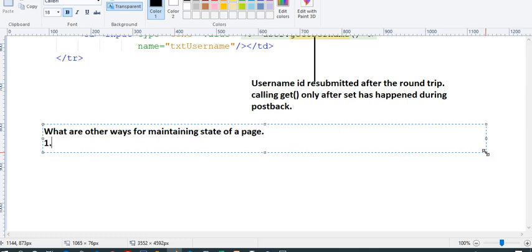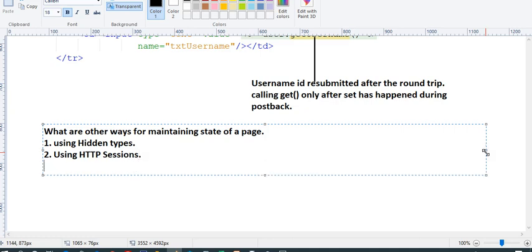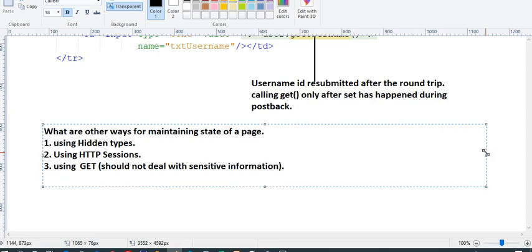All right, so number one, other ways for maintaining state of a page are using hidden types, using HTTP sessions, using get. Get should not, right, deal with sensitive information like username and password, right? Number 4